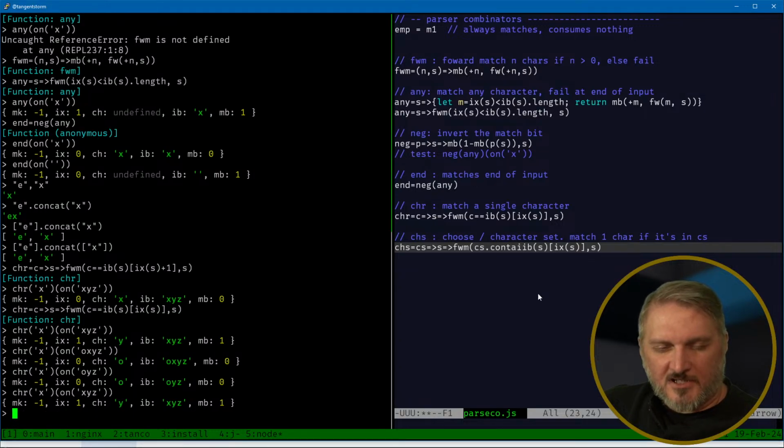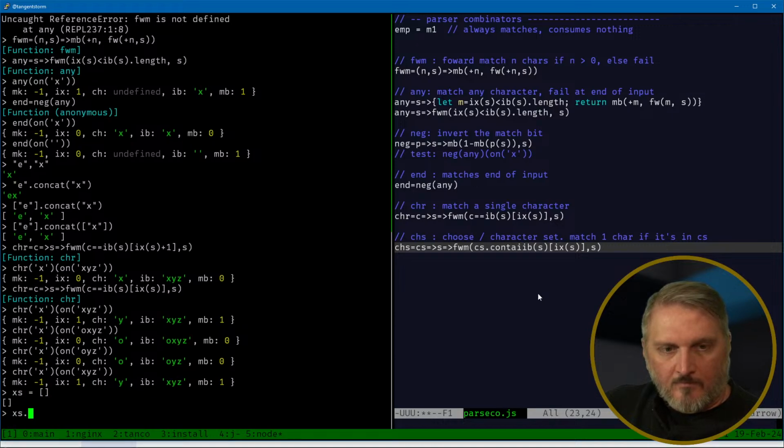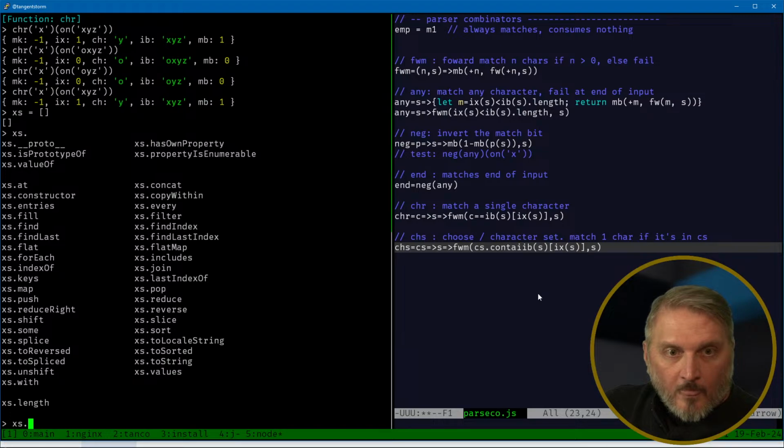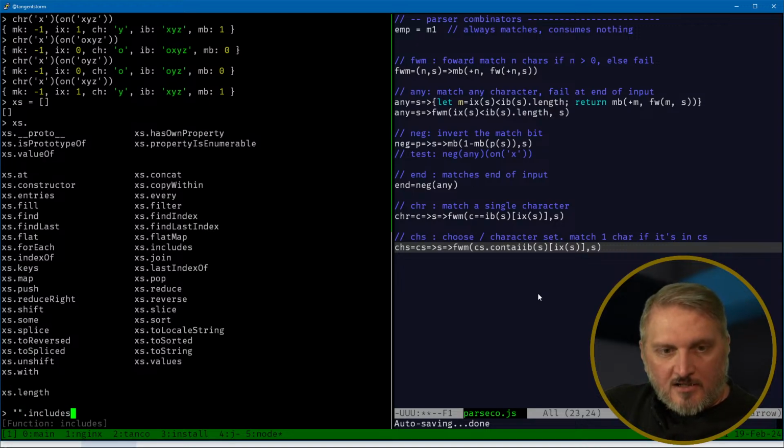Yeah, but there's something. I could have sworn I looked this up just the other day, and there was something other than index of. Includes. And if you say includes,